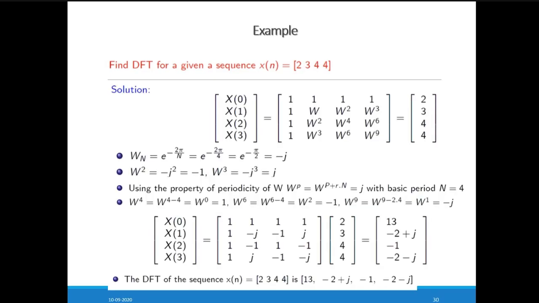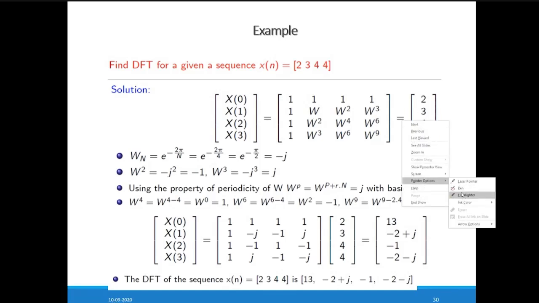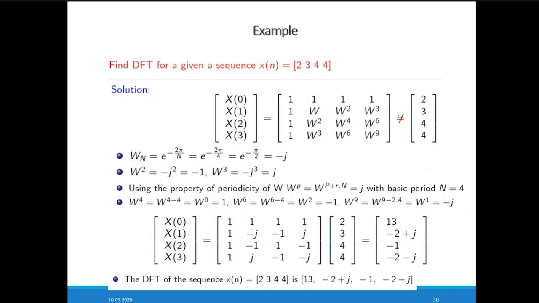This is the previous example, in which we have to find the DFT. We have to calculate the DFT of n point. N means 4 points, so here 0, 1, 2, 3 that we have taken. Then this twiddle factor matrix, and then we have multiplied it, with a multiplication instead of an addition sign. When you multiply both the matrices, you get the output. For this twiddle factor matrix, we have derived the simplification for every value of W, W square, W3, W4, W6, and W9. That is represented over here.